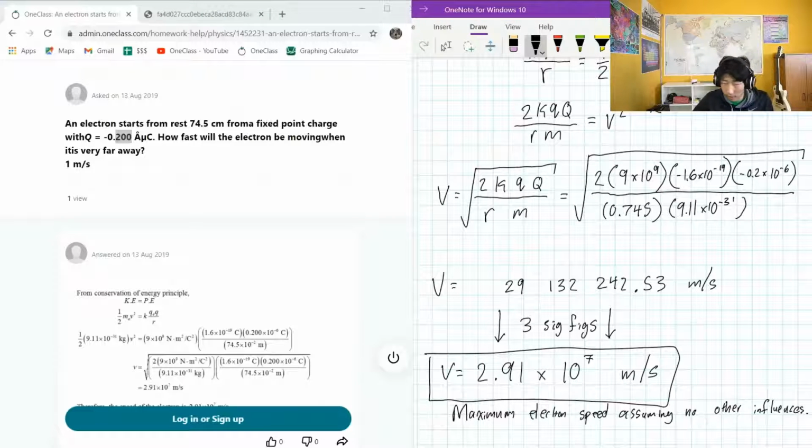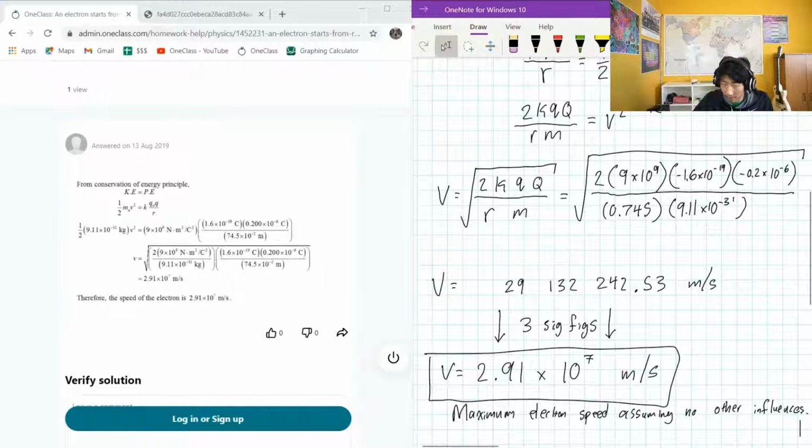Okay, so it would appear that we have precisely the same calculation here with the same sig figs, so this is all good. My only recommendation in response to the solution that we have here is that you should isolate the variables before you sub in any numbers, just because